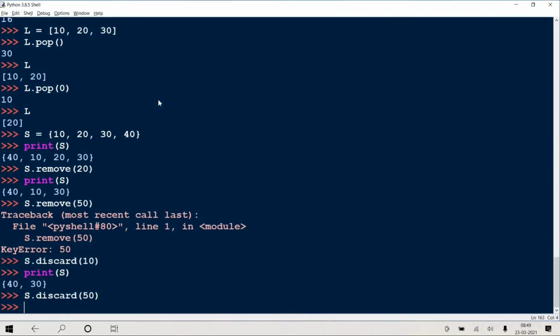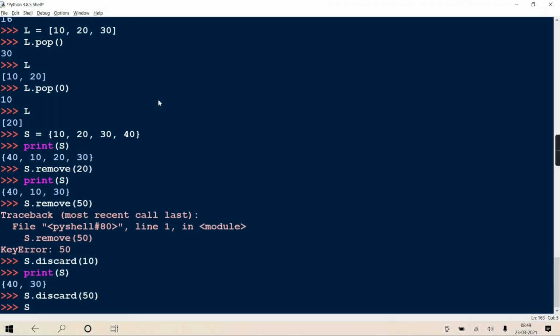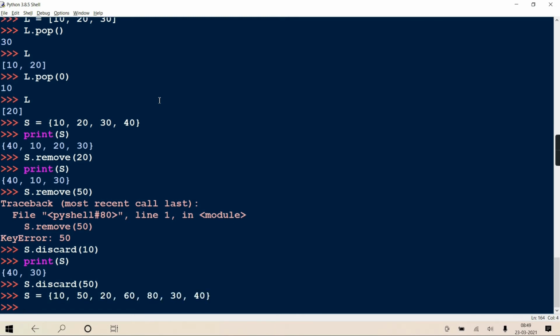See, so this is our set. Right, and s.pop(), or you can print and see.